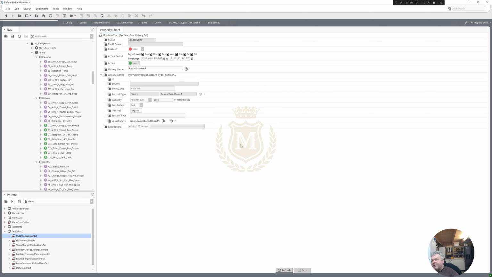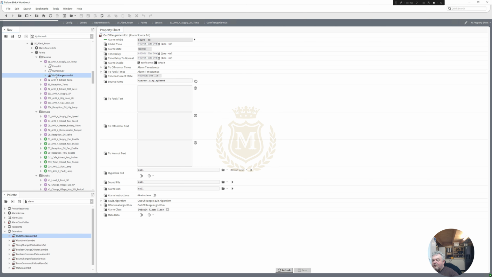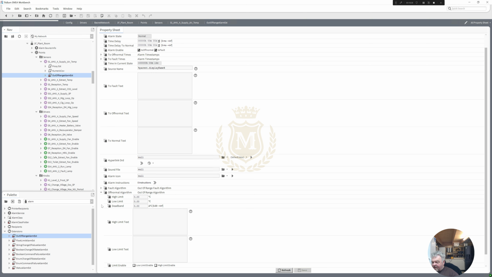Now if it's parts per million or anything like that, i.e. CO2, they can go up to 2,000, some of them. So we're doing this temperature sensors as such, or humidity. So I'm going to just set here a low limit and a high limit. I'm going to put 120 degrees on a temp, or 120 on a sensor, and minus 50 with a dead band of 1,